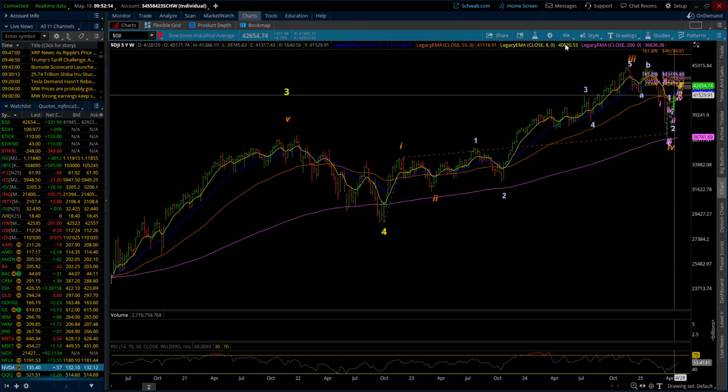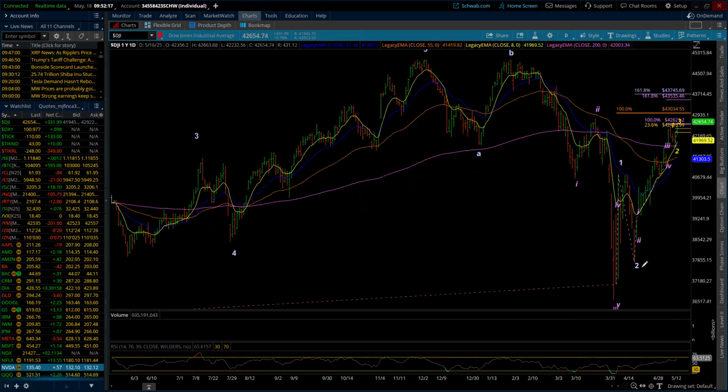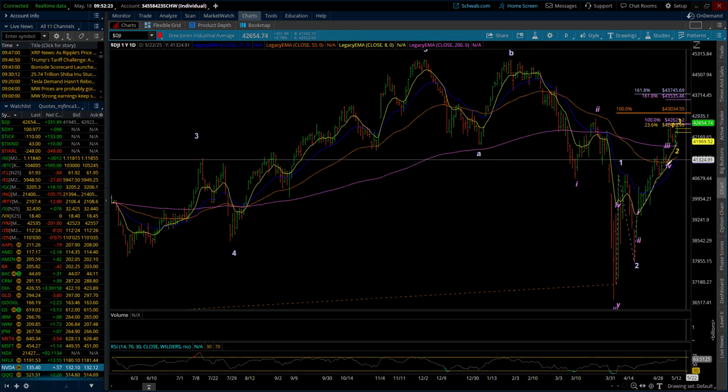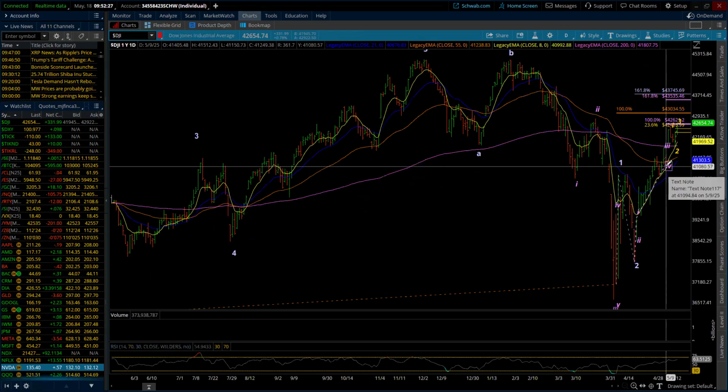So again, putting it here and then bringing this down to the daily, I'm thinking we get up, we top out on minute wave 3, we come down into minute wave 4, which brings us back to here. If we're thinking a 10% drop from where we are in the Dow, well, we can all do the math. Should that bring us back to 41,000? We're at 42. Probably be looking for maybe a little bit more. We're at 42,654 times 10%. It's 4,000 points. And I don't think we're going to come back to 38,000.